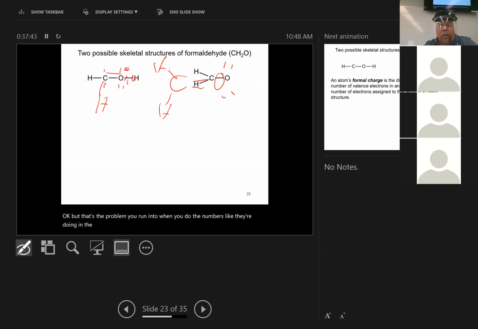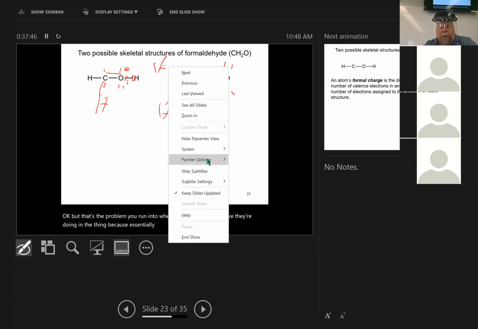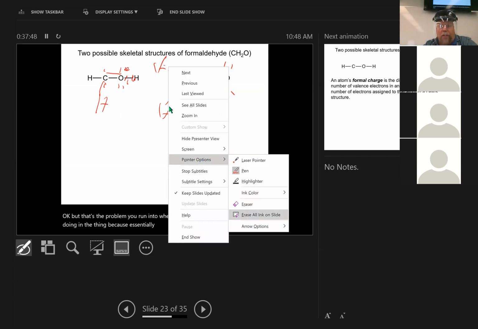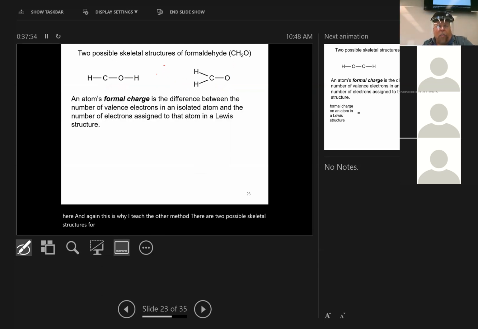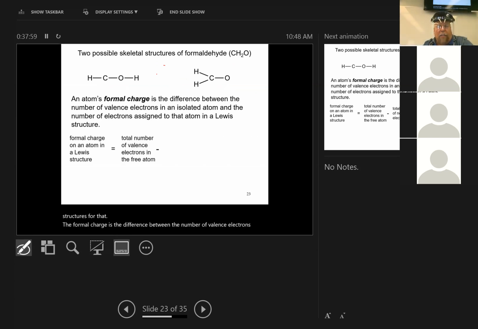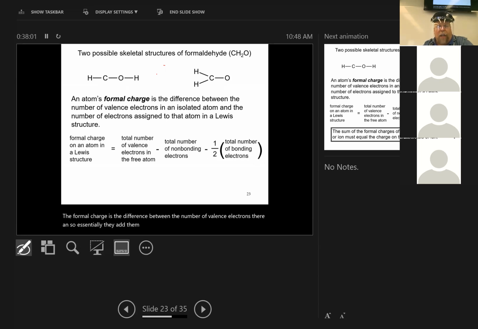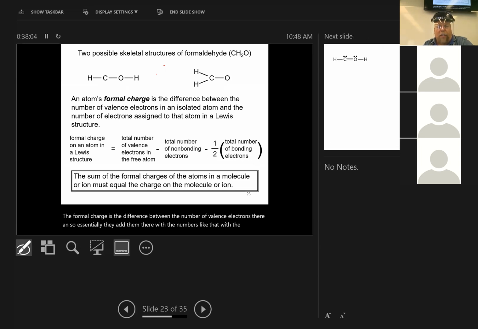Essentially, these are the two possible structures here. And again, this is why I teach the other method. There are two possible skeletal structures for that. The formal charge is the difference between the number of valence electrons there, and so essentially they add them there with the numbers like that, with the half number of bonding electrons. The sum of the formal charges must equal the charge of the molecule or ion. And again, that's using their number method, which in a way I don't want students to rely on, because what I'm trying to do is prepare you for organic